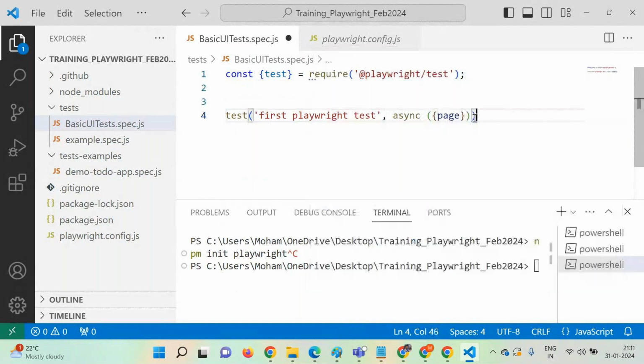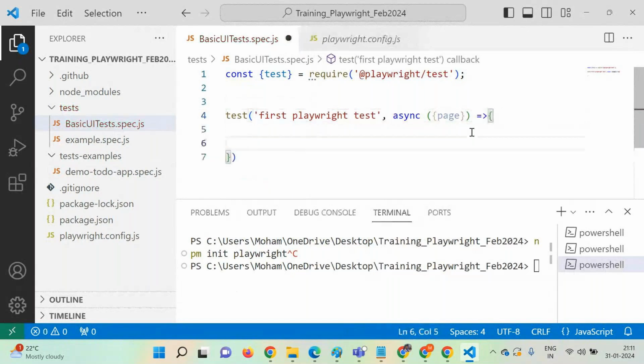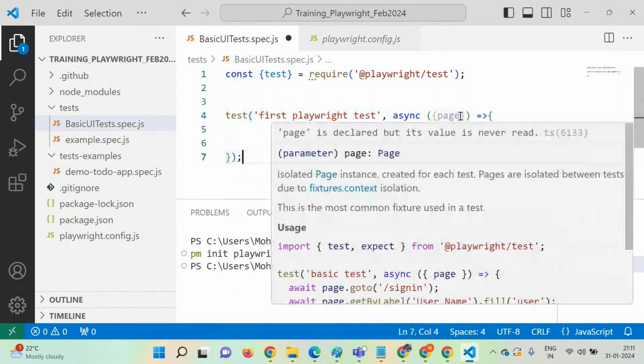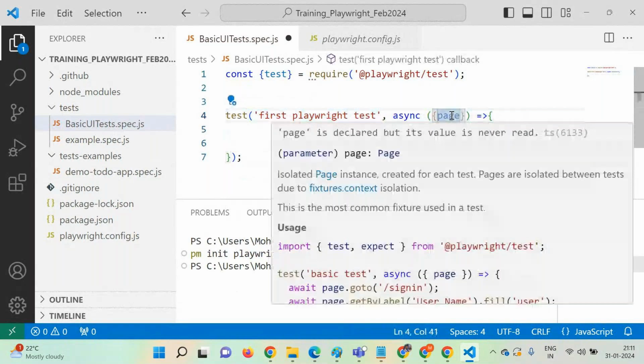Now we have a fat arrow operator, and this is the skeleton of a function. The page you are seeing is basically a fixture. In a simple language you can say it's a global variable, and in technical language it is called a fixture. It will be available and is provided by Playwright. Similarly,